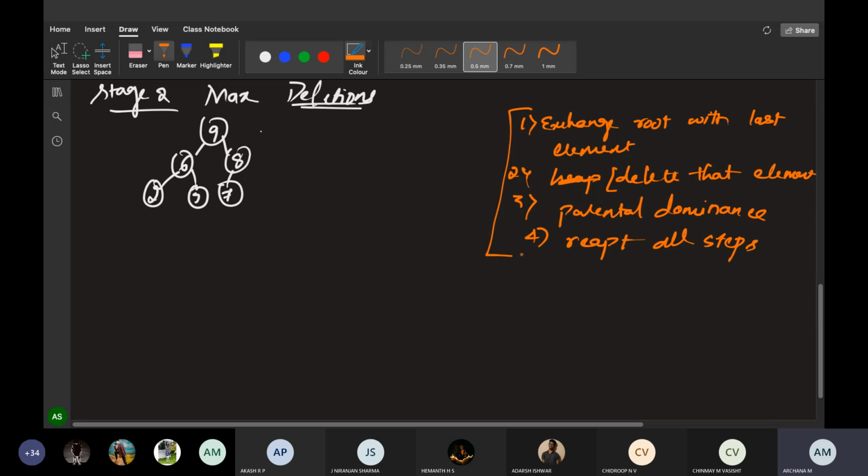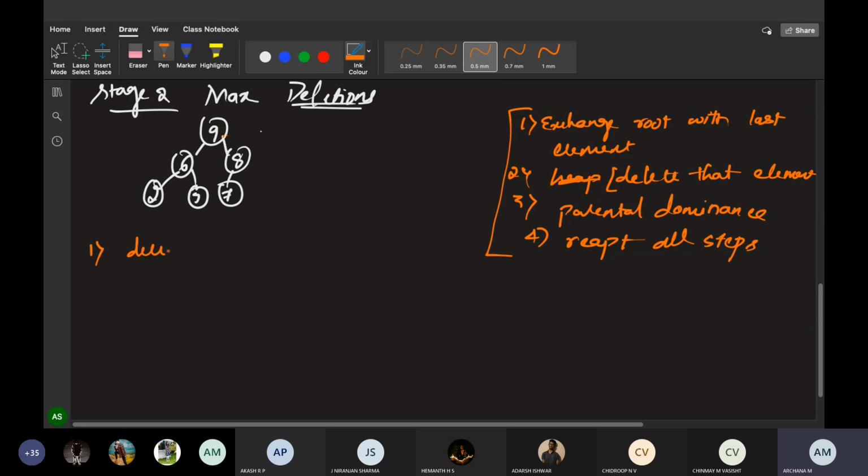Okay. Now I have to take this first, and here a very important thing. In your top-down approach, you will not write steps, but here you have to write these steps. Whatever steps you do, you have to write here so that you will get the marks. Or else, if you just keep on writing, you will not get marks. Okay. Now first stage is what? I have to delete this. Delete 9. Right? Maximum deletion. That is how I should delete 9.